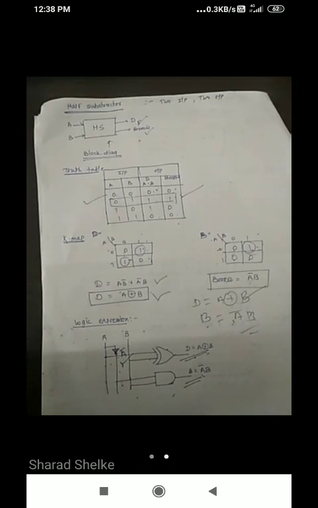The design procedure for the half adder and half subtractor is totally the same. The block diagram is also about the same. The truth table logic is the same, as are the K-map and logic diagram. The purpose of the half adder and the half subtractor is different, but the method is the same. So in this way, we design the half subtractor.